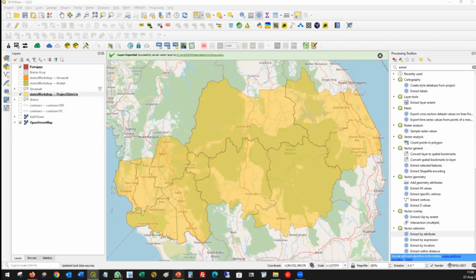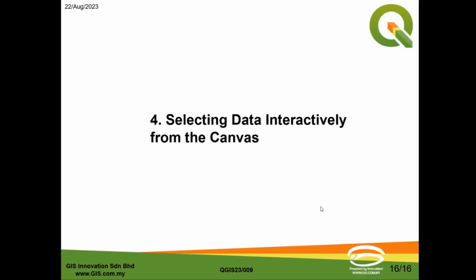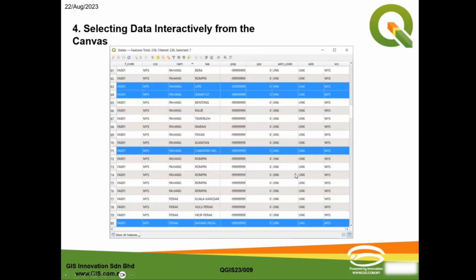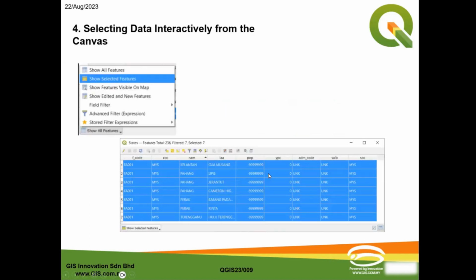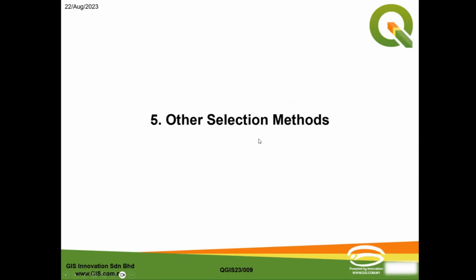Let's see what's next on our slides. Okay, so this is about selecting data interactively. So I've shown you how you can select data interactively and then export it. You can show selected features only. Okay, I will omit this. Other selection methods I want to show you is